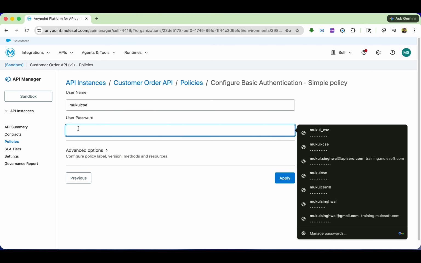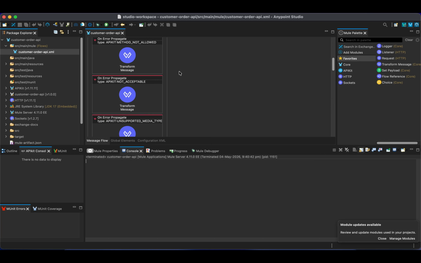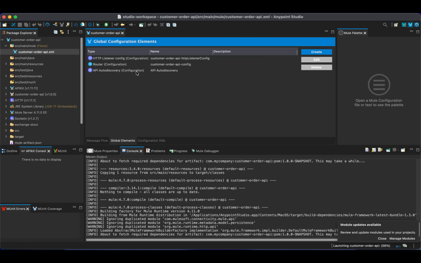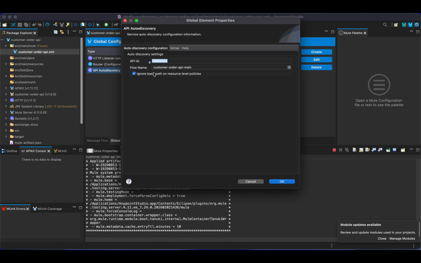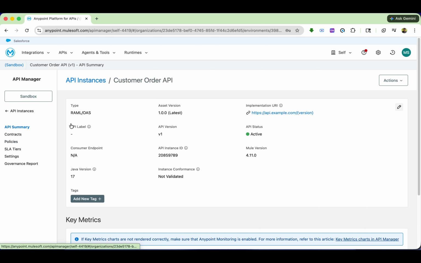Once policy is applied, you can check your application. I have created this application and scaffolded the RAML, so it generates all of these flows. And let me run this application, and then I'll show you. I have configured this API auto discovery where I have this API ID from API manager, as you can see,